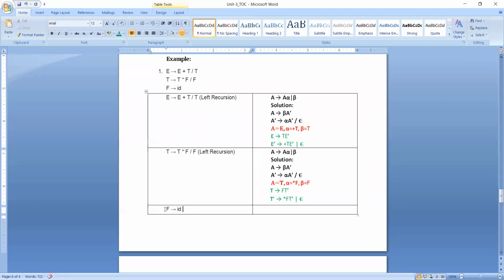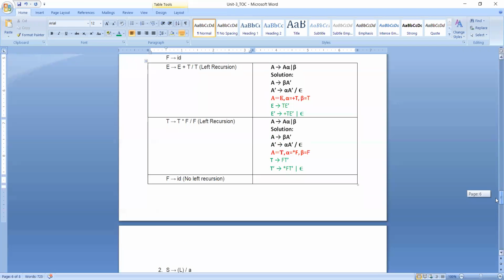What is the variable appearing on the left hand side? Capital F. The variable appearing on the right hand side is ID. So now these two are not matching. So we can say that no left recursion is present in this production. Okay. So finally we can say that for this given input grammar, the corresponding output grammar will be, after removing